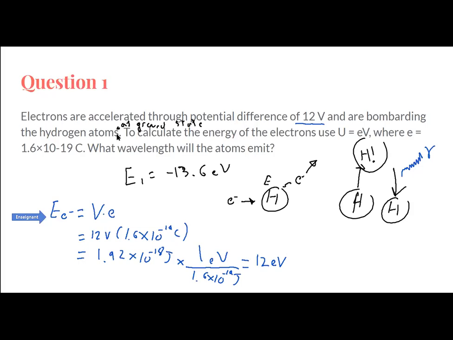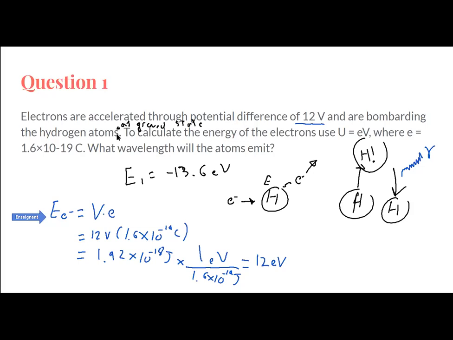Basically, the electron gets 12 electron volts being accelerated through the potential. We can assume that all this energy goes into the kinetic energy of the electron. So at most, the electron can deliver 12 electron volts of energy into the hydrogen atom. If that's true, and the hydrogen atom is in the ground state, then the energy of the hydrogen atom is negative 13.6,